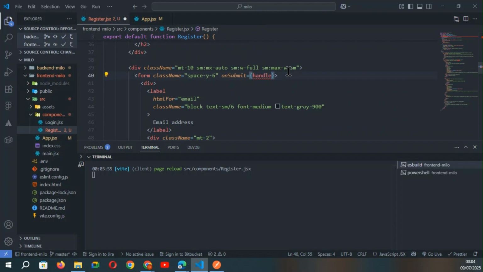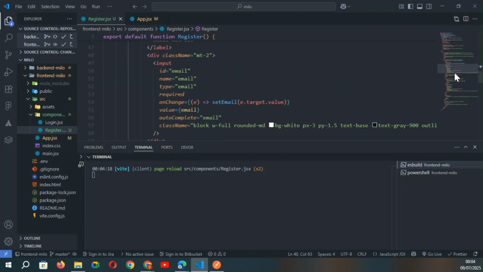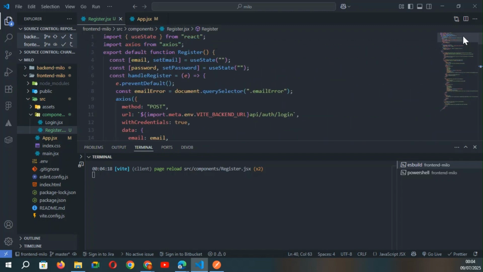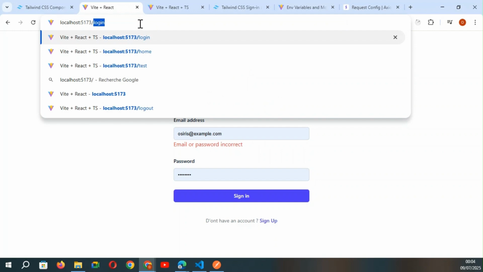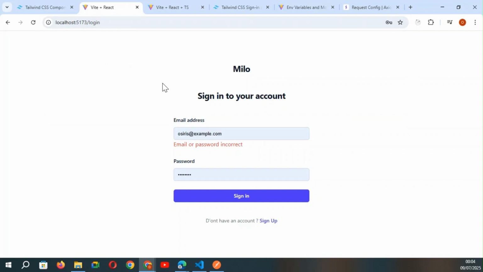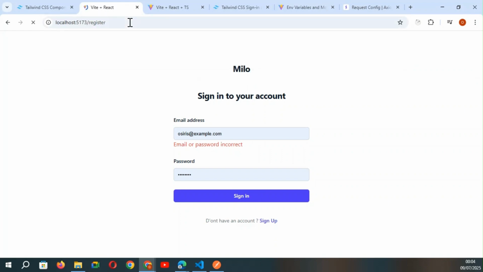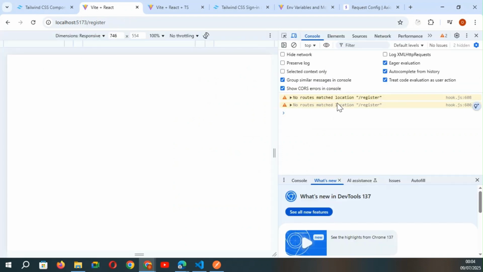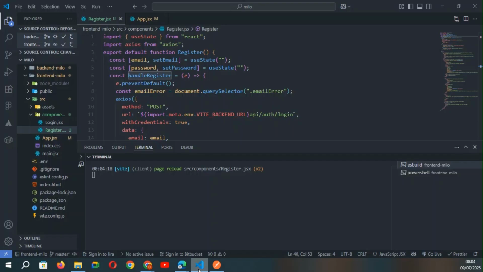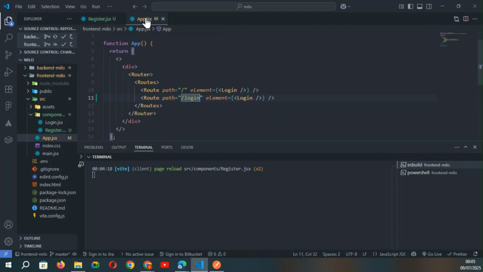I change also my function, and it will be now in the register. Okay, try to make this. Okay, I see my component, and also if I try register, no route match location register. Okay, so we need to add this route